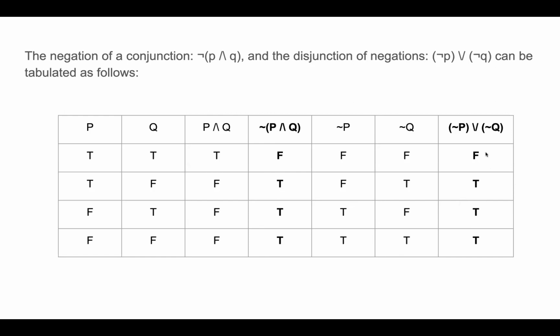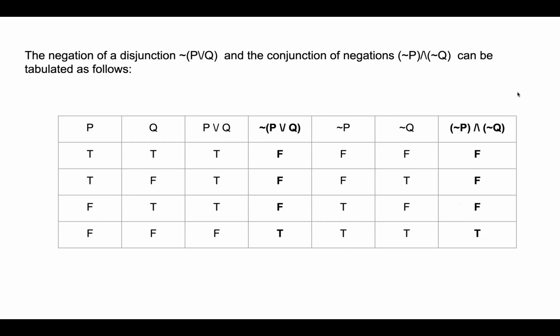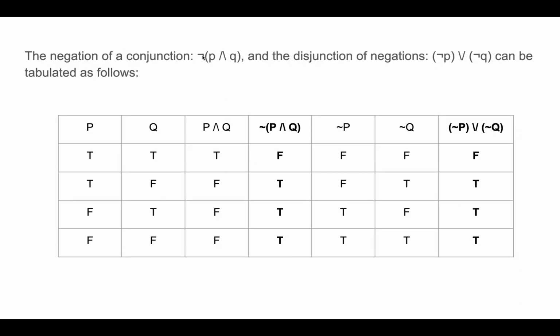Now we can prove it like this also. Opposite of this, what is it? Negation of (P and Q) is equivalent to negation P or negation Q. Taking the opposite, this also holds: negation of (P or Q). Instead of the AND operation, we'll take OR, and it is equivalent to negation P and negation Q.